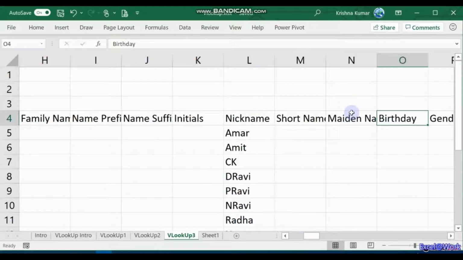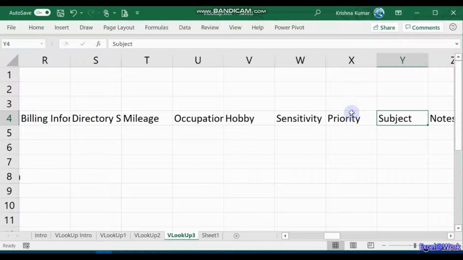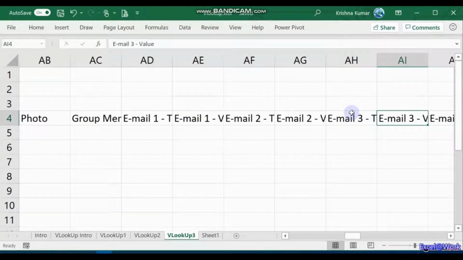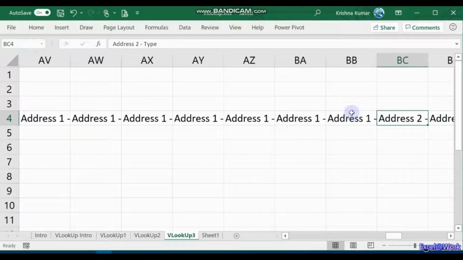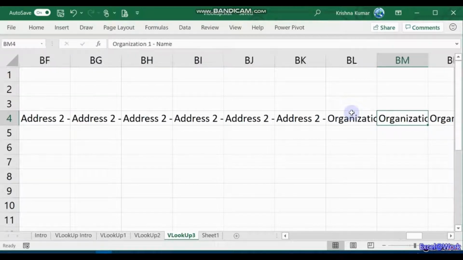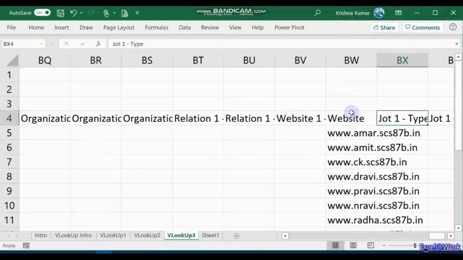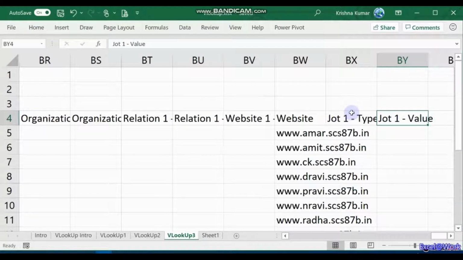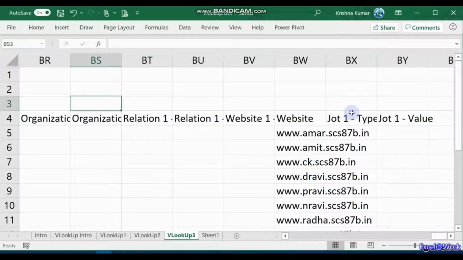They go from short name, maiden name, birthday, gender, billing, mileage, priority, photos, emails, phones, address, city, second address, organization name, title, website. So these typically go up to, we'll see the column number here, 77 sets of data.